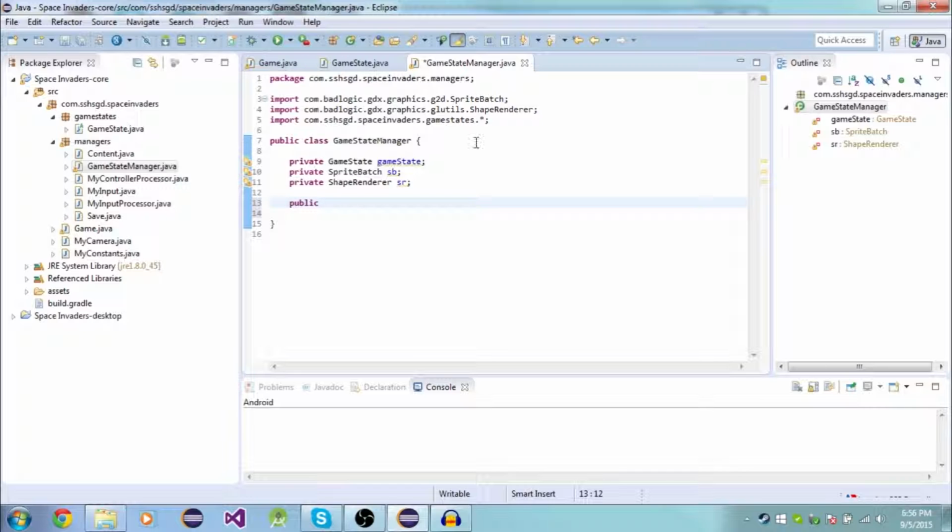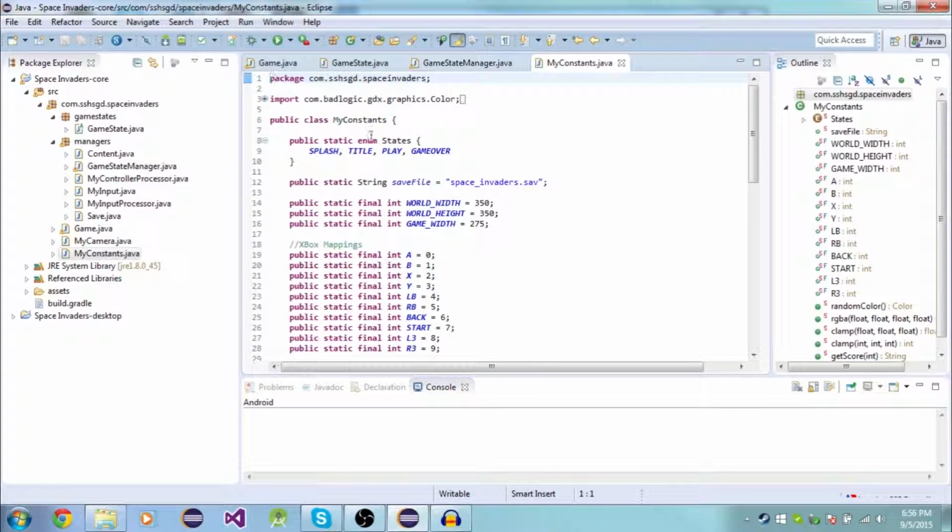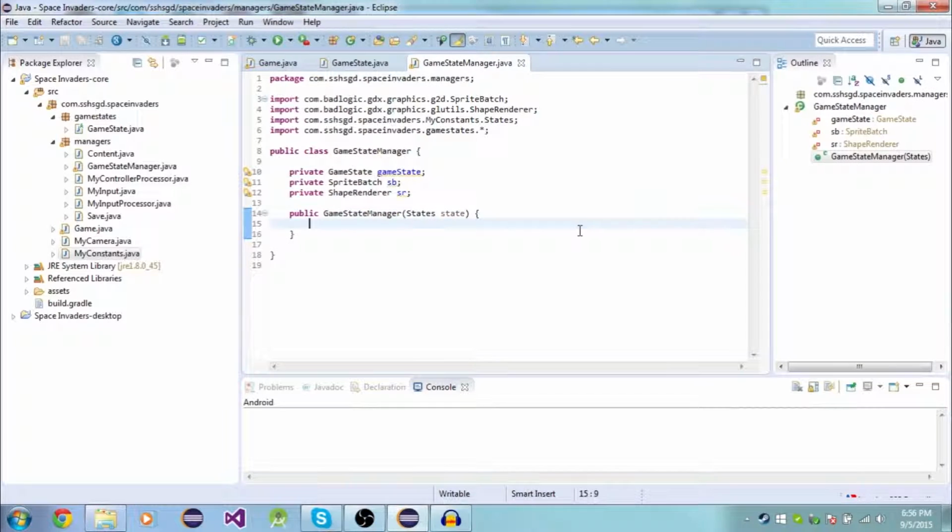So public GameState Manager states, import that state. Now remember, we're actually doing this a little differently. If you remember, we made our constants, and we had our states enum here. So we're gonna get our states from that instead of constant numbers. So new sprite batch, SR equals new shape renderer,